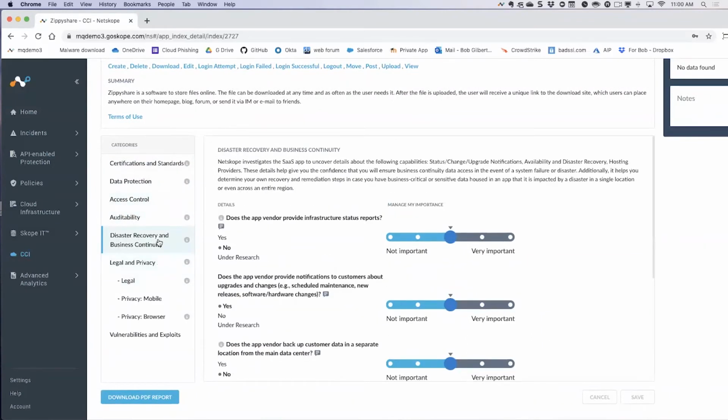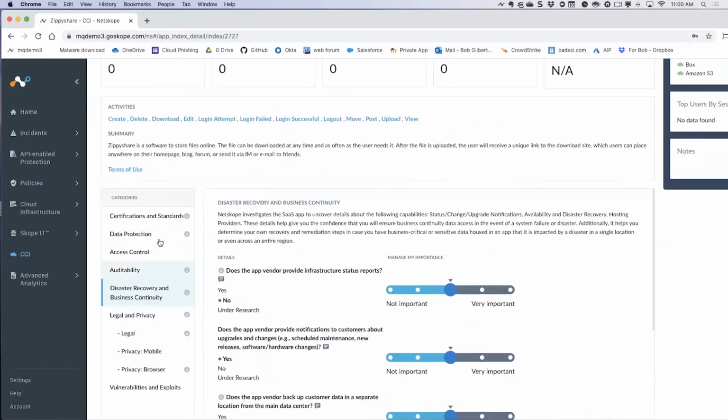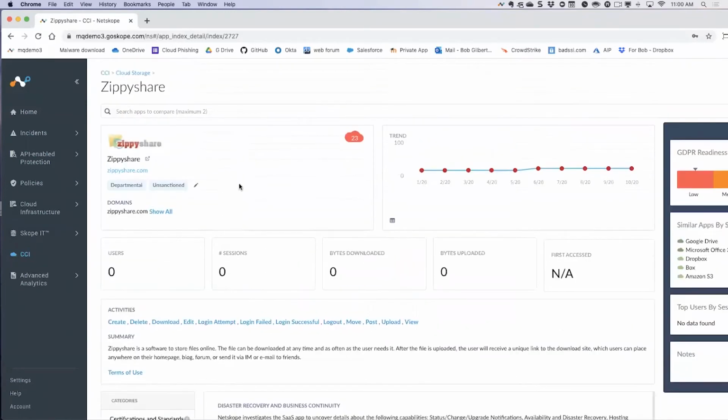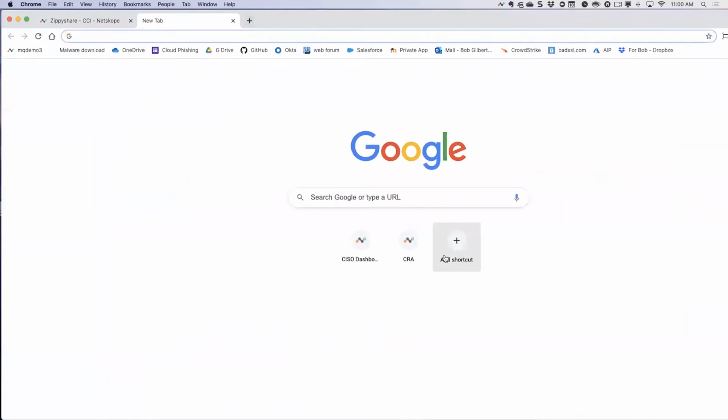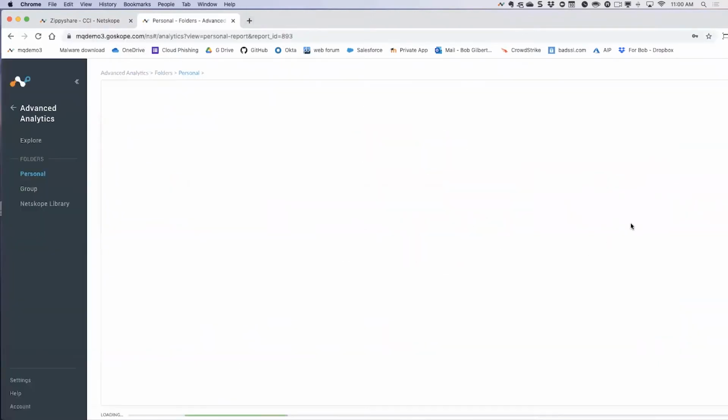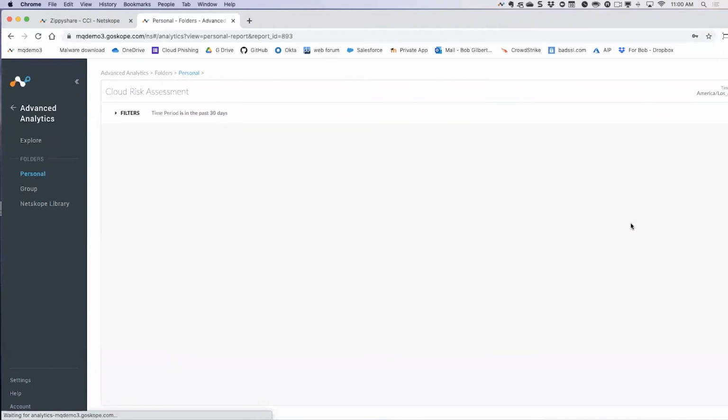So security teams love this because they can all of a sudden start assessing risk associated with these cloud applications in use. They can also take the results of this risk score and reflect it in policy. And I'll show you that later. Now, that's the first step. The next part of this visibility is our advanced analytics. And this is where we provide very robust reports and visualizations representing all of the cloud and web usage across